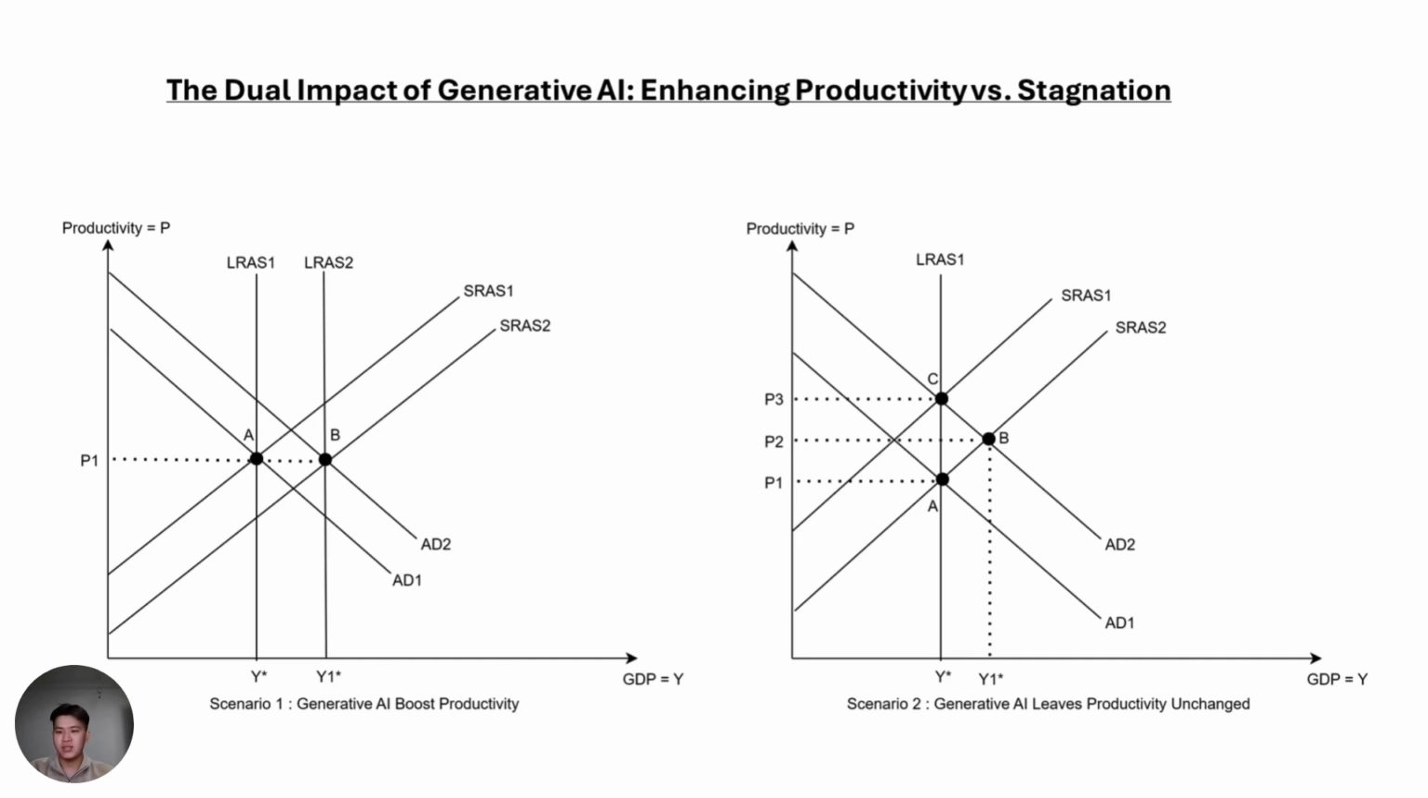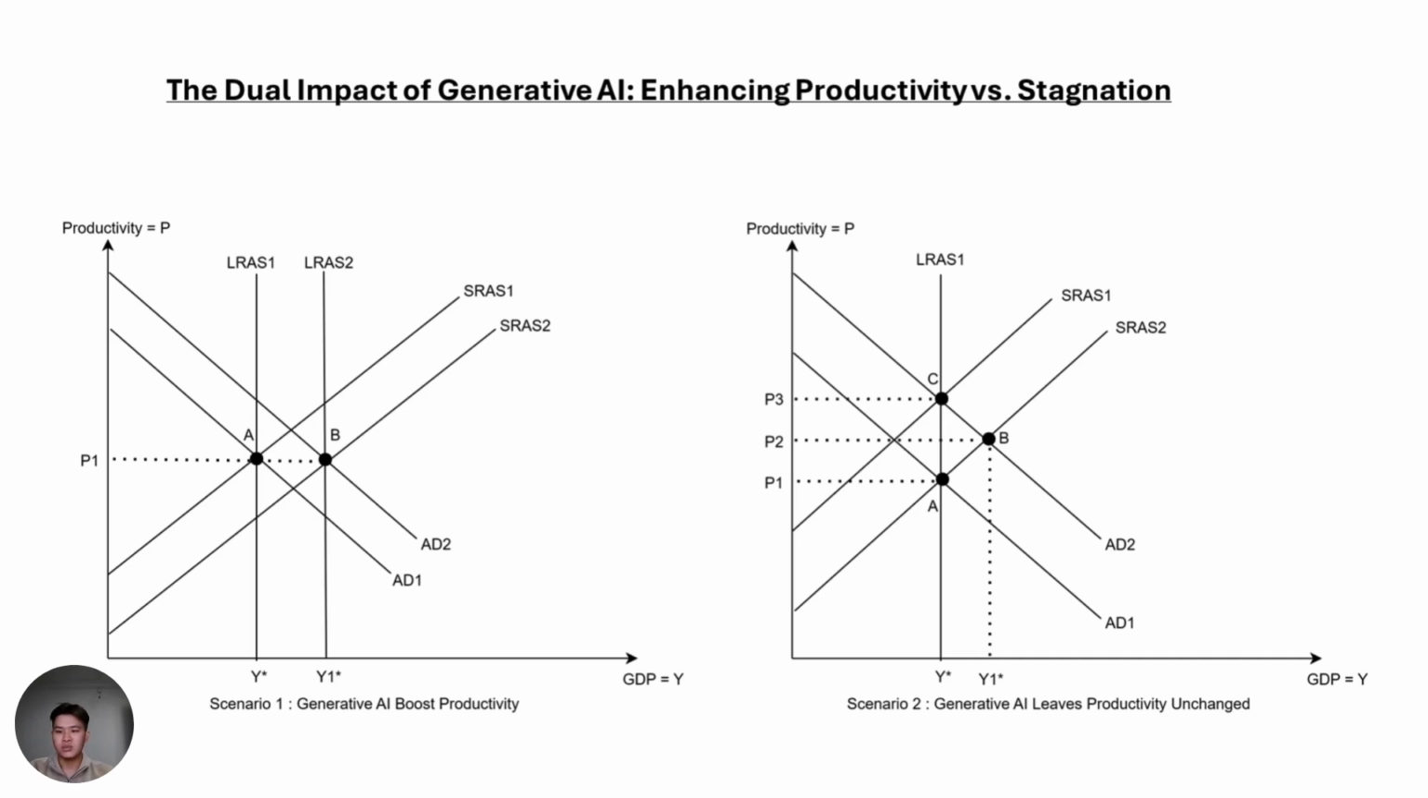AI enhances productivity by allowing firms to produce more with the same resources. This causes a shift from SRAS1 to SRAS2, indicating increased output. At the same time, AI increases the economy's long-term productive capacity, moving LRAS1 to LRAS2, signaling higher potential GDP Y1*. The new equilibrium point B sees GDP rise from Y* to Y1*